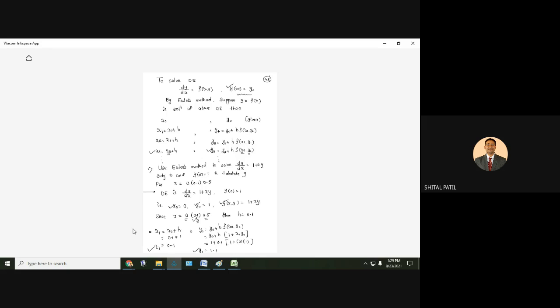Okay. So I'll go to the next page. Have you written everything? Understood what we are doing? Our aim is to solve the differential equation. Solution of a differential equation means y equals a function of x, or we have to find the values of y and x. That we are doing, right? So we obtain x1 equal to 0.1 and the corresponding value of y is 1.1. We obtain one solution. I will go to the second one. So let me go to the next page. Any doubt on this page?